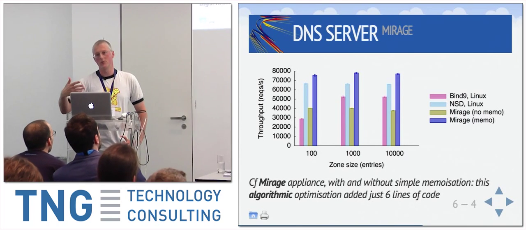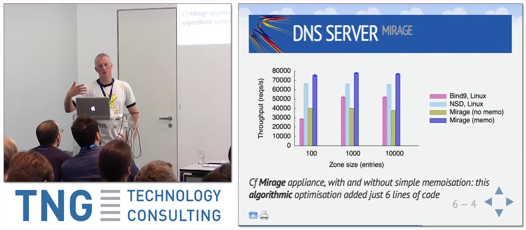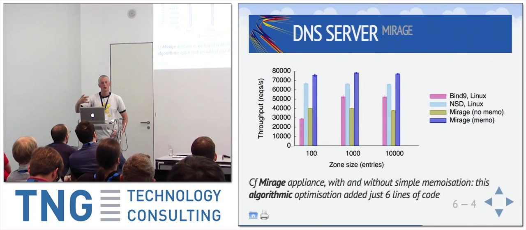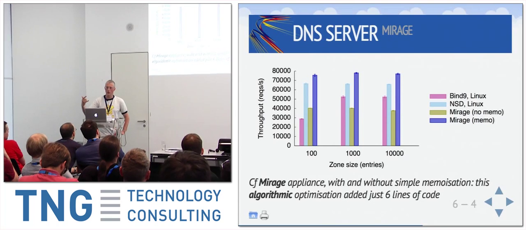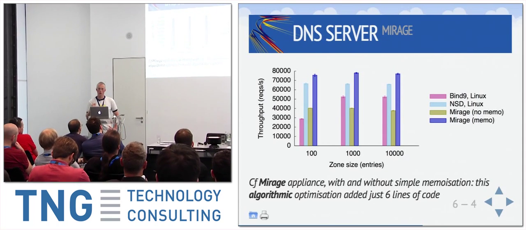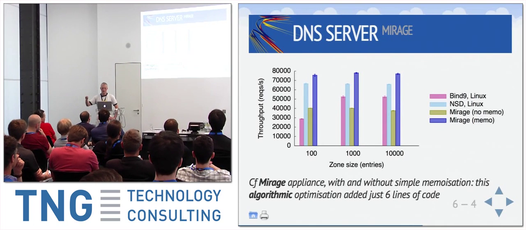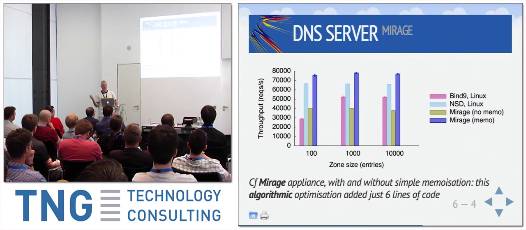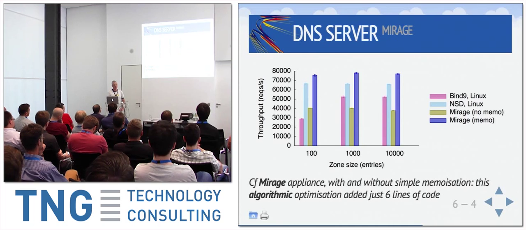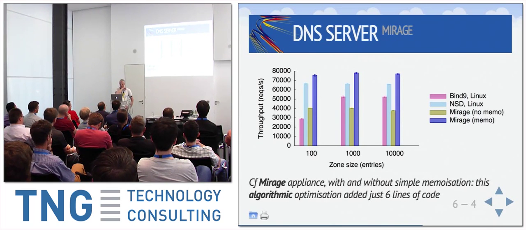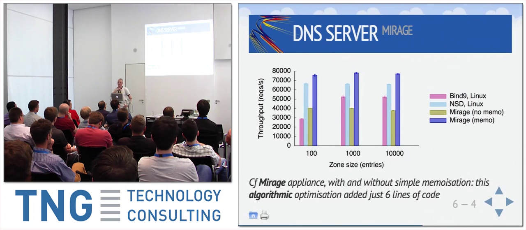But taking a look at what the code was doing, it turned out that we could add about a 6-line patch to memoize output DNS response packets. So just essentially to stash them away, and then when you're going to respond to the same query, you can take one of those packets, twiddle the fields to be the appropriate destination address, the appropriate checksum, and all the rest of it, and send that packet on its way. That was a 6-line hack, and it doubled performance roughly. So we got up to 77, I think, thousand requests per second.